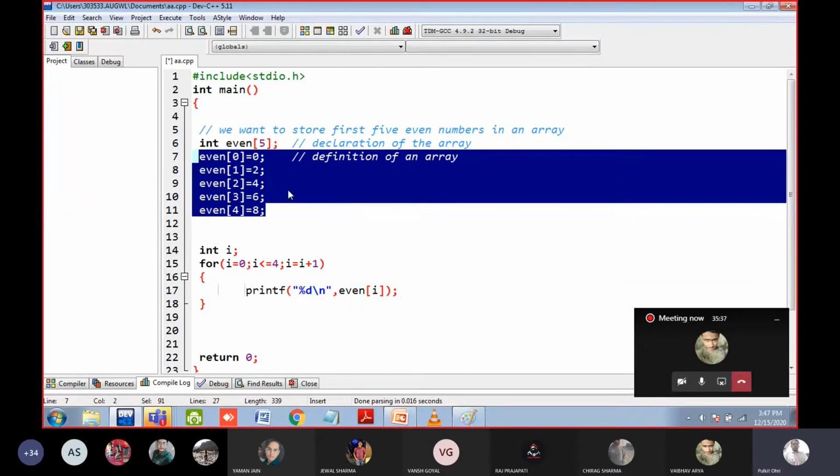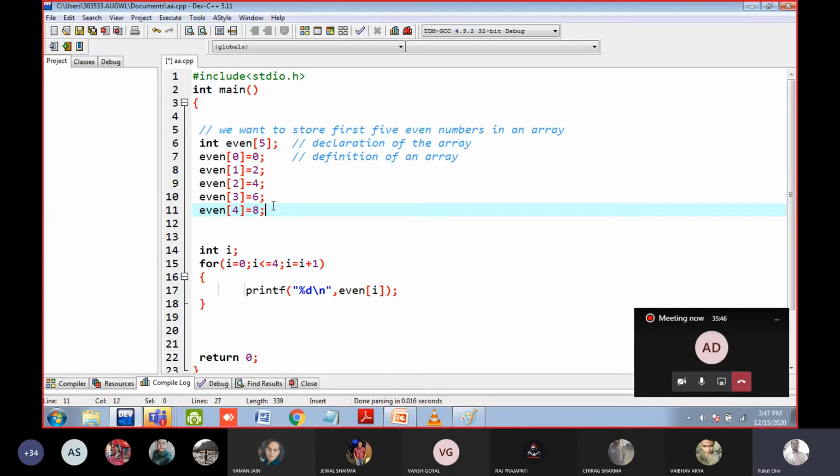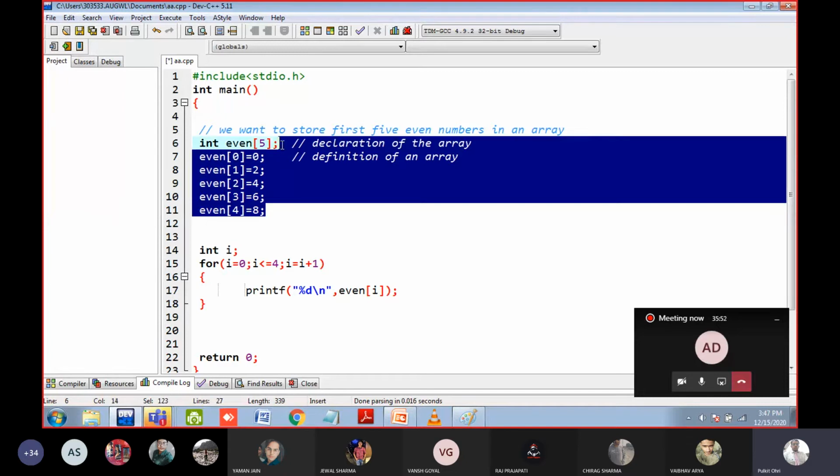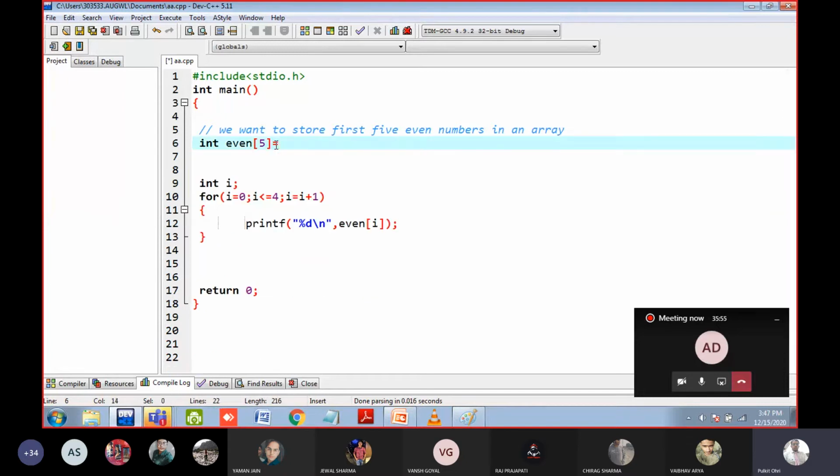Why? Because this is a long task, it is a complicated task, it takes a lot of time. I have told you this particular notation because in the beginning I have to tell you that the indexes or the locations start from 0. But instead of doing this, do the shortcut, fill the values in the array using the curly bracket 0 2 4 6 8. It will save time, that's all. But remember, the first location of the array is 0, it is not 1. So if I ask you to create an array of 100 numbers, then the locations will be from 0 to 99, because from 0 to 99, 100 numbers are there.